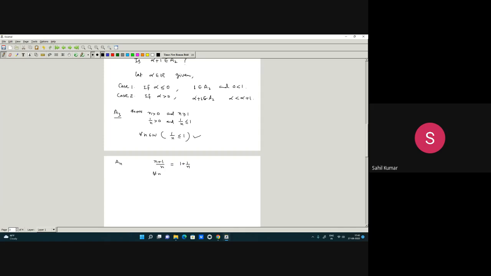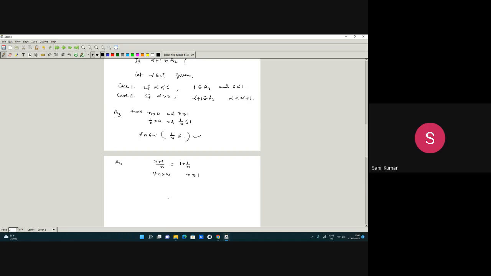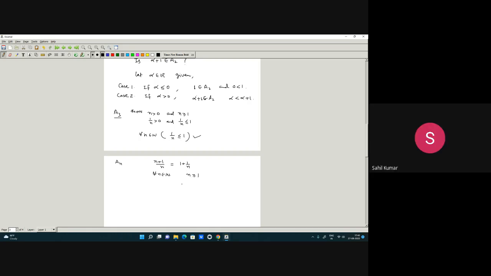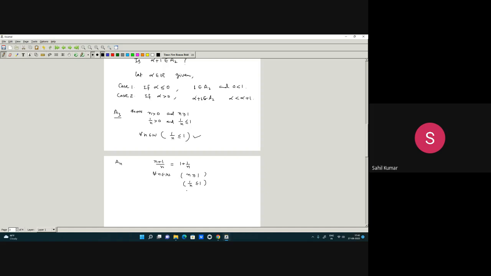So you can take any n in N so that n is greater than 0 and n is greater than or equal to 1. Yes sir. I take n is greater than or equal to 1. सर 1/n भी ग्रेटर देन 0 होगा और 1/n वो लेस देन इक्वल टू 1 होगा. क्योंकि हमने प्रॉपर्टी पढ़ी है कि अगर वो ग्रेटर देन 0 उसका इनवर्स जो होगा वो 1 से छोटा होगा. ओके. तो अब हम इसमें कोई भी नंबर ऐड करेंगे तो वो ग्रेटर देन,